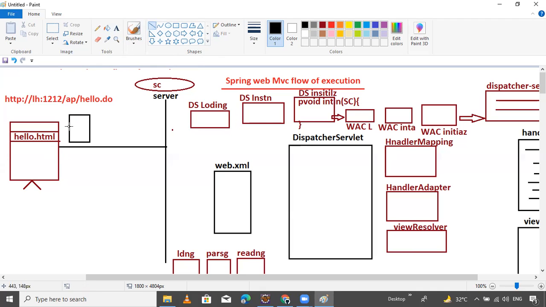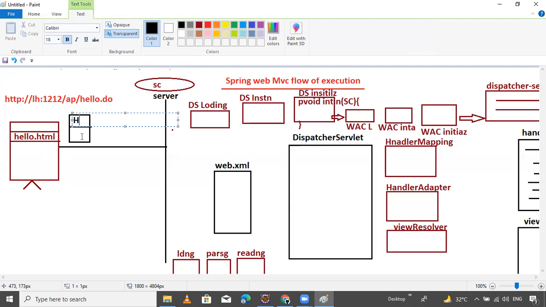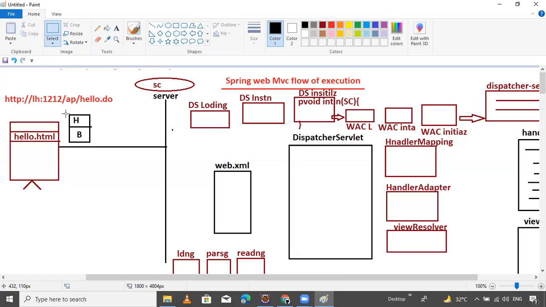Second is the body part. The header part manages the client metadata, and the body part manages the request parameters which are provided by the user.